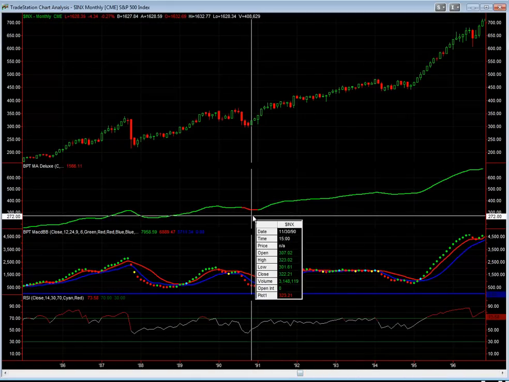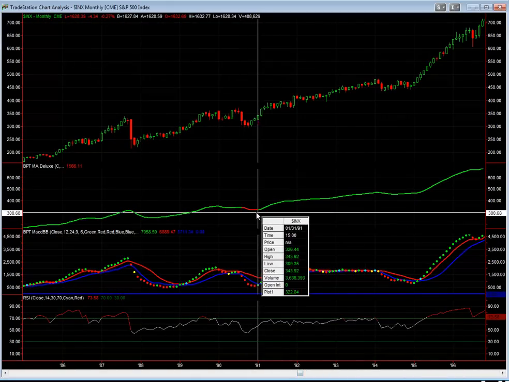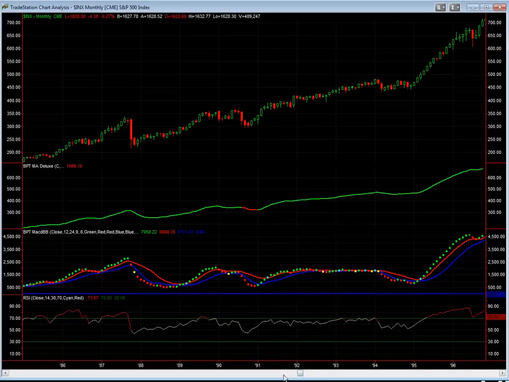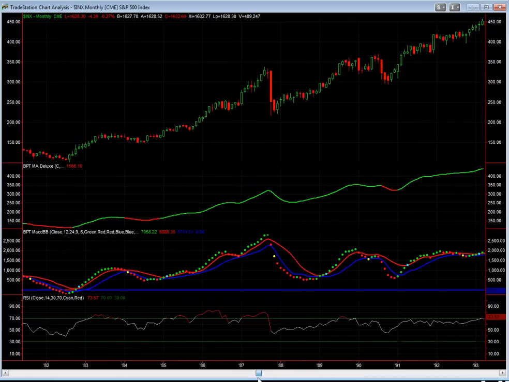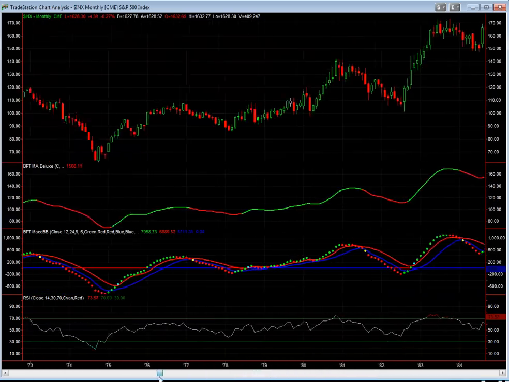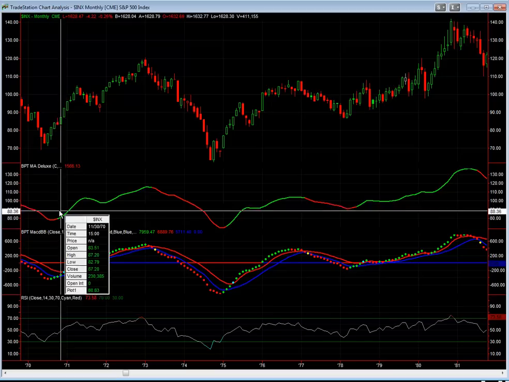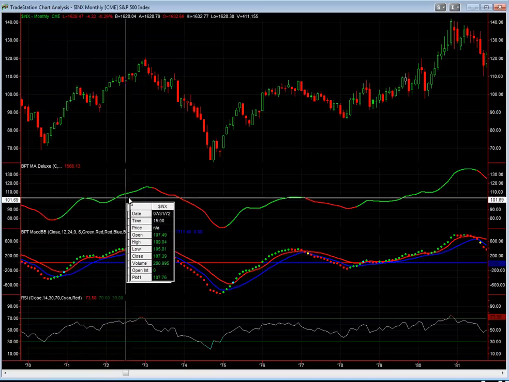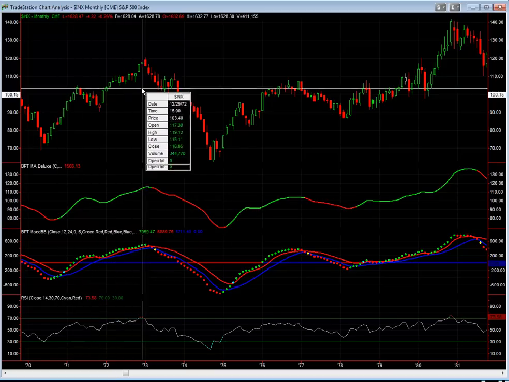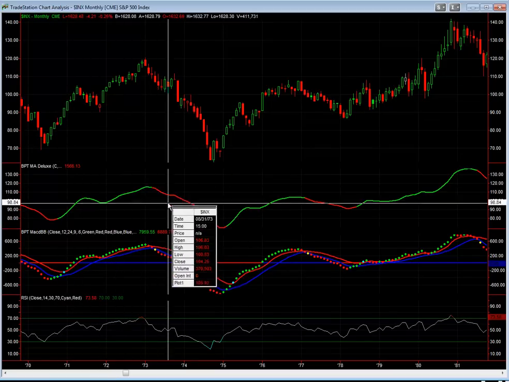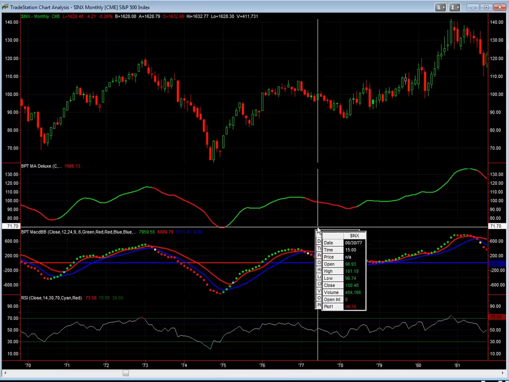Little brief stint here in 1990 where it turned red, but it then went right back green. As you know, it was a secular bull market there, so it was generally green in most of those instances. Here's back in the 70s, volatile 70s, but you could see that it still did very well. Stayed green for most of this uptrend, then went red, then went back green, and you can see it's done